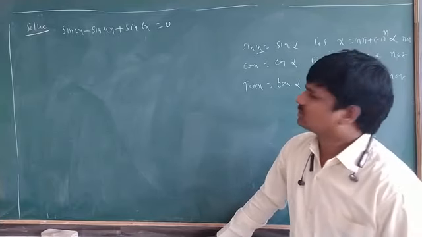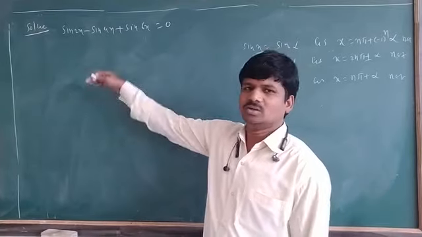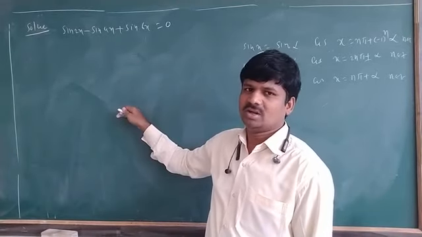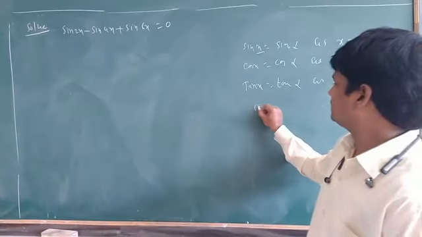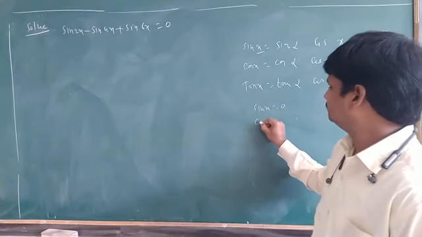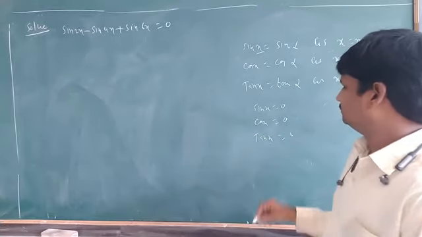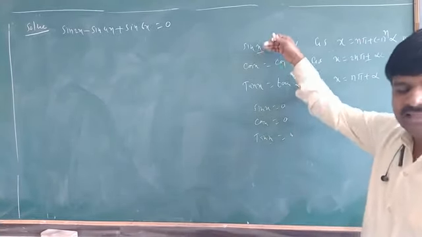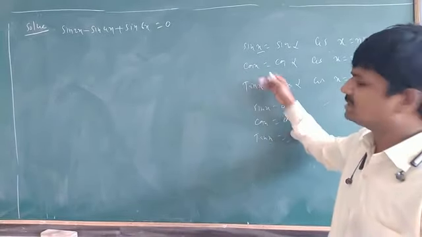In this form, what is actually given here? Sin is given, cos also is given, sin only. So we first have to simplify to convert into these forms. Or three more forms are there: sin x is equal to 0, cos x is equal to 0, tan x is equal to 0. Either you convert into this form or into that form. By simplification you will get maybe like this or like this.